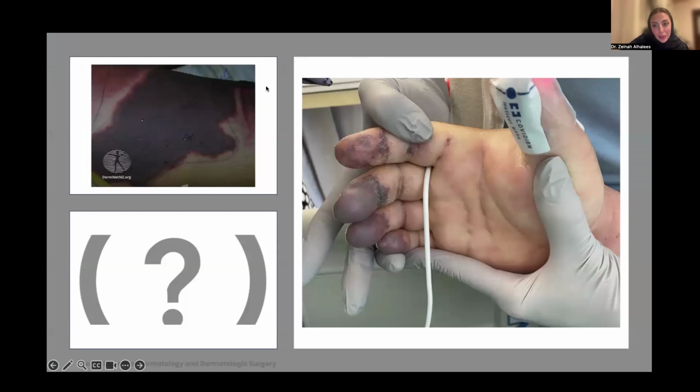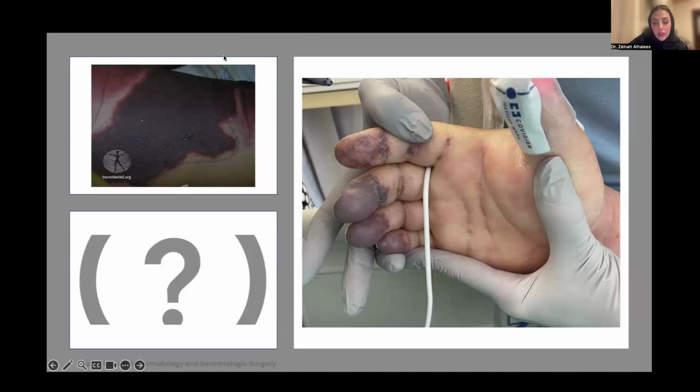I think this might be the last slide. So what do you think the diagnosis is, and based on what? Perfect, Faisal. So purpura fulminans. And why do you say that? Necrosis of the digits. Excellent. So you can see digital necrosis, and obviously over here you can see purpura, right, on the skin,